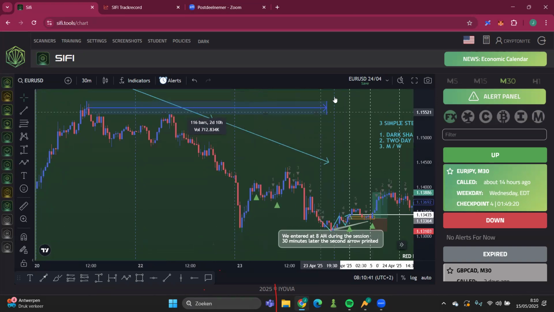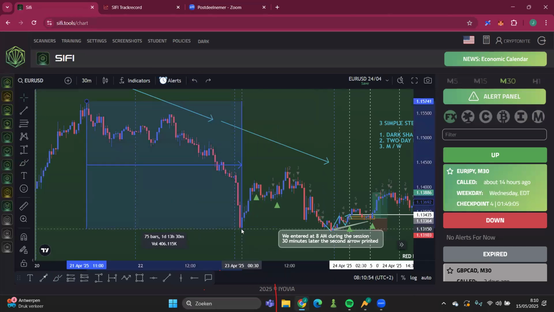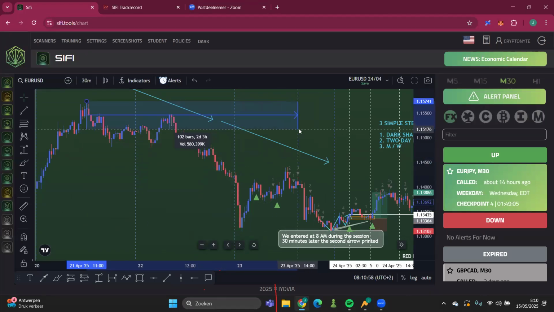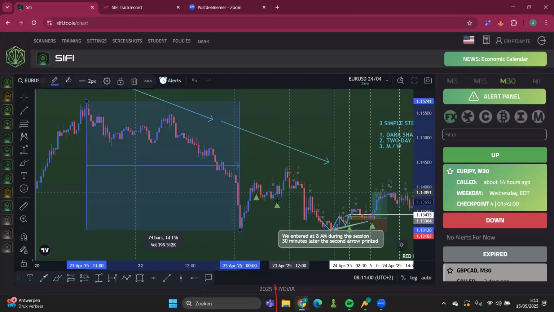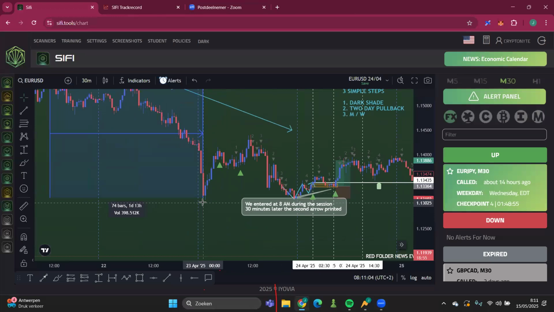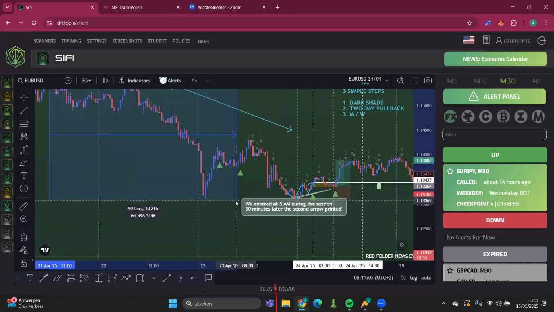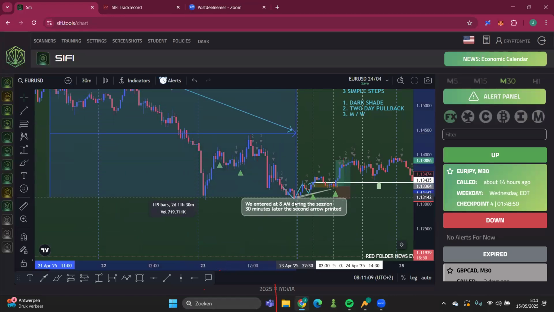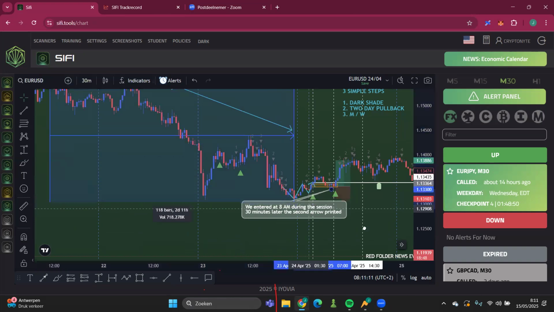Let's take a look. First of all, this is the last significant high. This is the last significant low. So this is the pullback we are looking at. If I grab a ruler, here we go, 1 day and 13 hours. So I'm not looking at that. Not really interested. For this arrow, the exact same thing, right? That's the lowest point. It's 1 day and 13 hours. I'm not really interested. Then the next arrow is the arrow we get here,